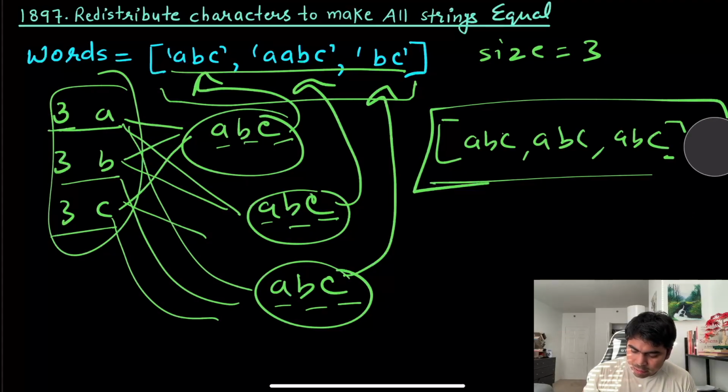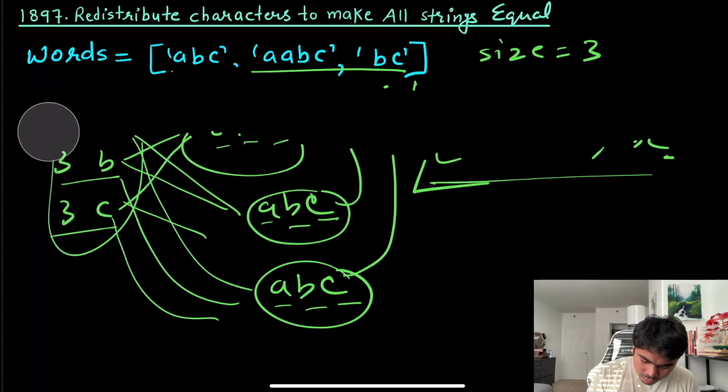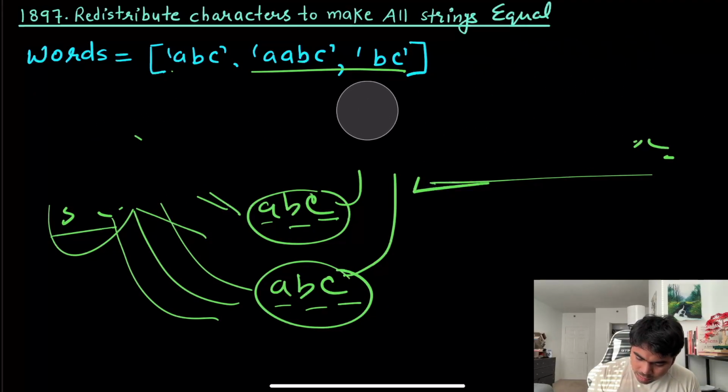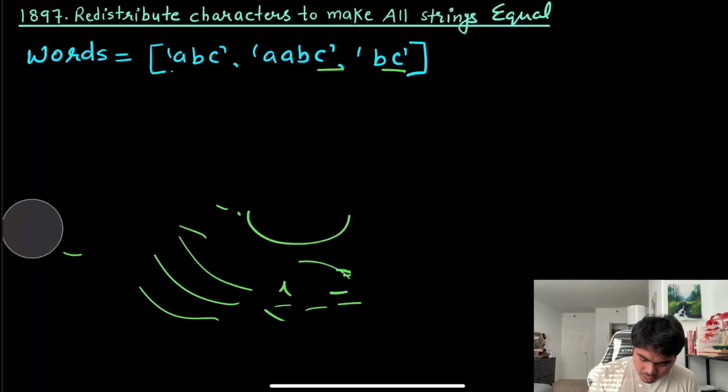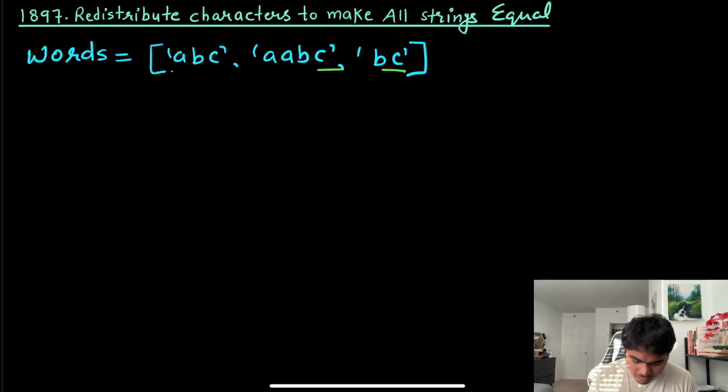So I think that was really simple. So in order to do that, we will basically just count the frequencies, right? Count the frequencies. So what I'll do is I will create a map. I'll call it char map,